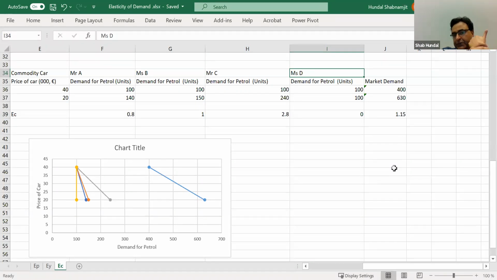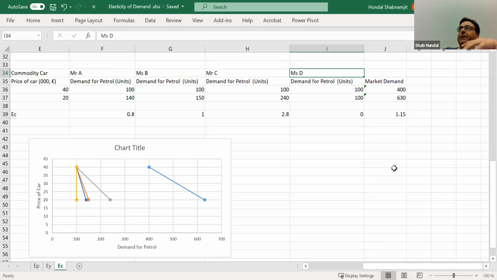Did I answer your question? Yeah, that was my mistake. I thought that the amount of car is constant, so it would be strange that the same amount of cars require more petrol. No. Did I say that you have the same amount of car? No, this was my mistake. Sorry. No, that's not a mistake.